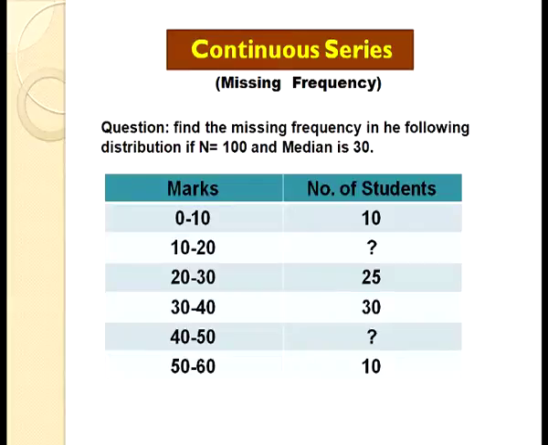The next step, we can see the total number of observations is given as 100, whereas the median value is 30. We all know the rules for exclusive series, which we have already learned in the previous chapter. So, in 20 to 30, the value of 30 is never included in the upper limit in case of exclusive series, whereas it will be included in the next lower limit. The identification of the median class comes from the median value. So, median is given as 30, so 30 will be included in the class of 30 to 40. Therefore, the class frequency is 30. Let us see how we are going to compute the missing frequencies in this case.